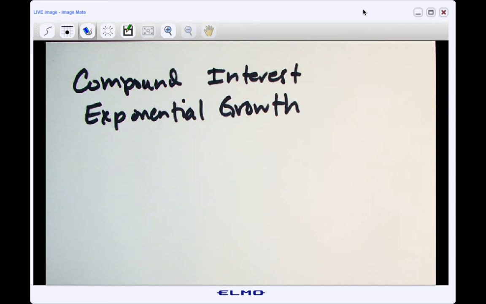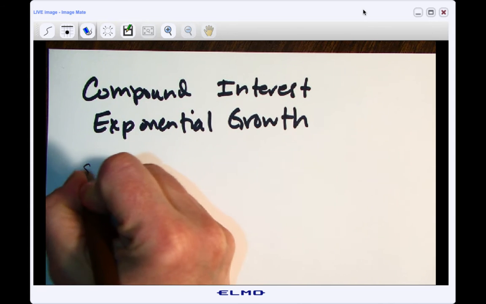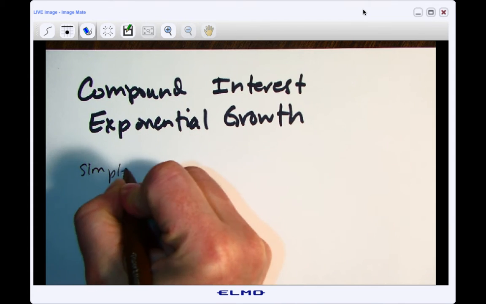Okay, today we're going to talk about compound interest and exponential growth. So there's a couple of formulas that we're going to go over just to get started. The first one is one that we actually talked about before, and this is the simple interest